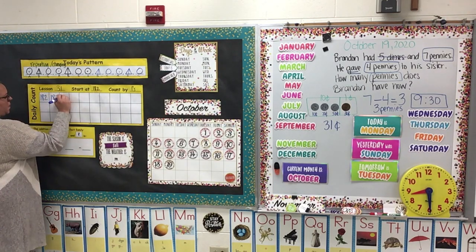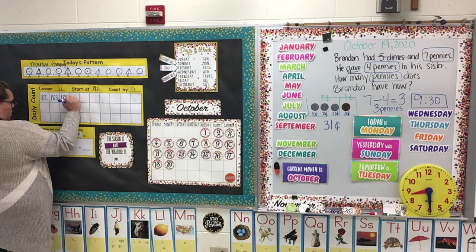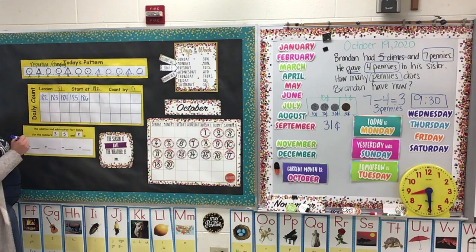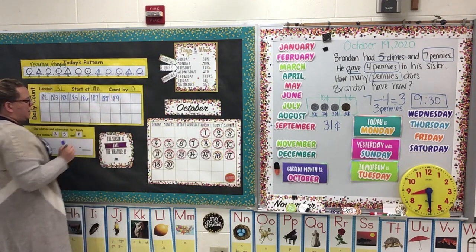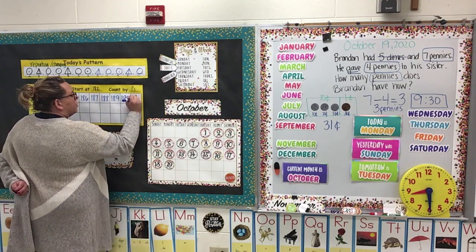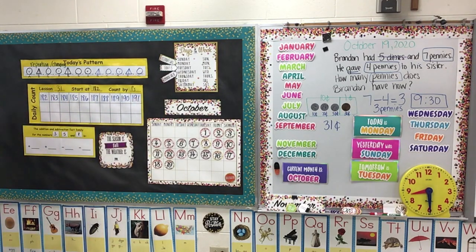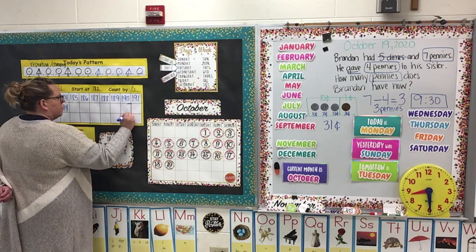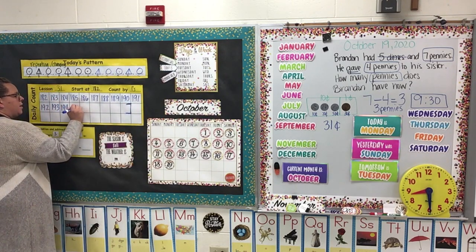183, 184, 185, 186, 187, 188, 189, 190, 191. Next row, 192, 193, 194, 195,